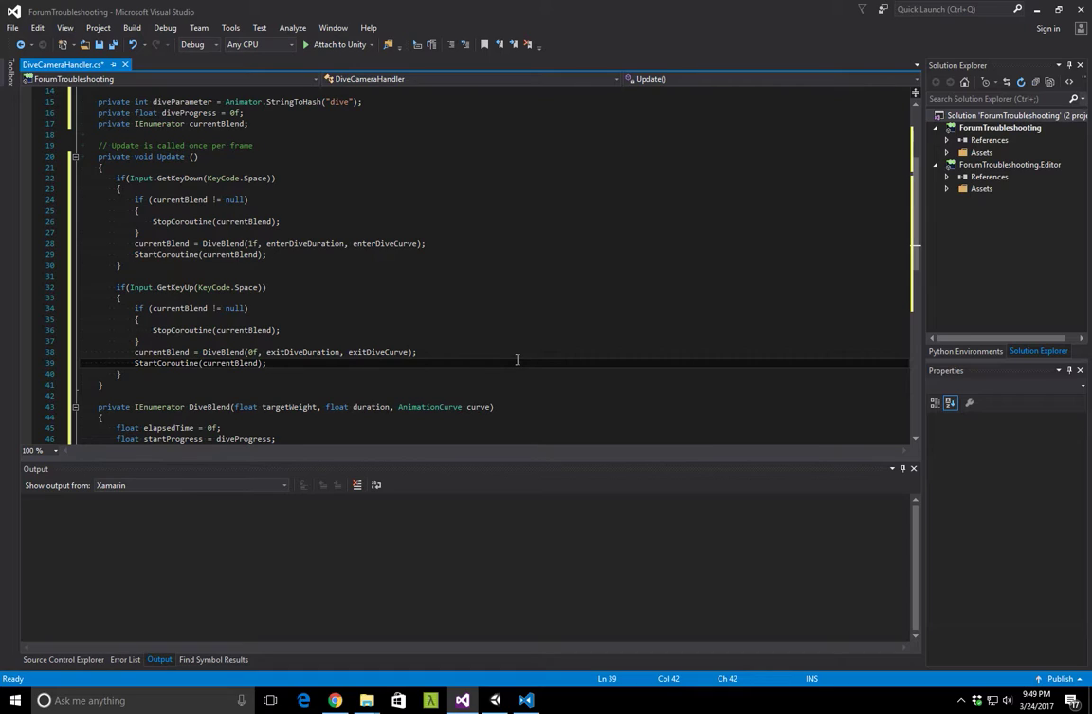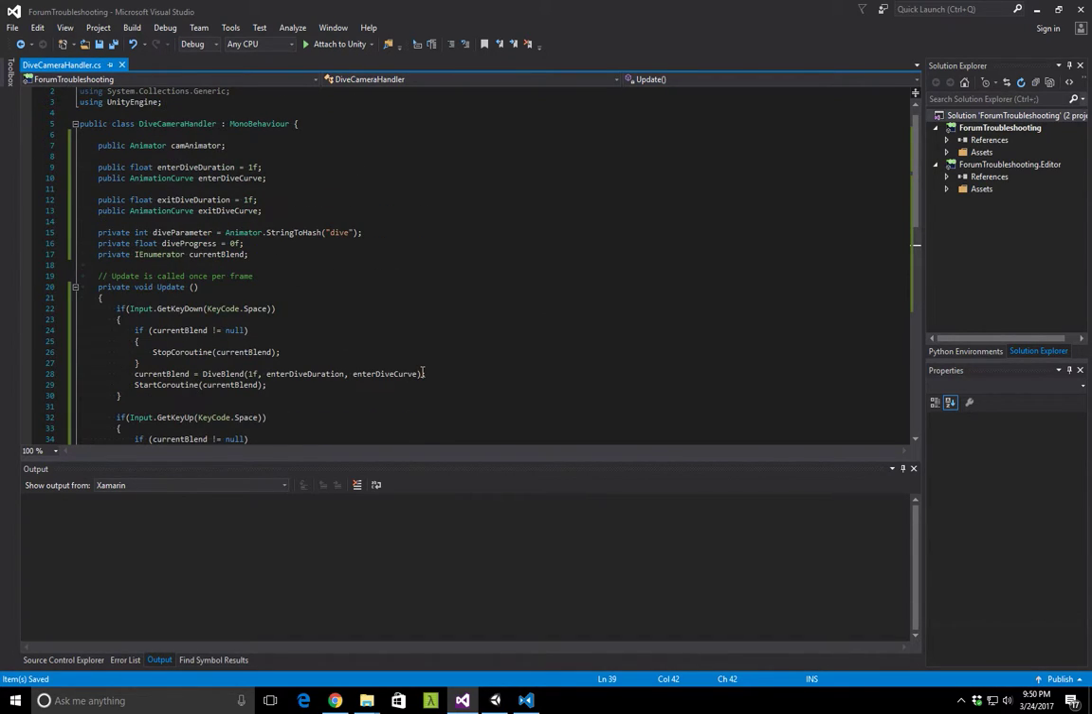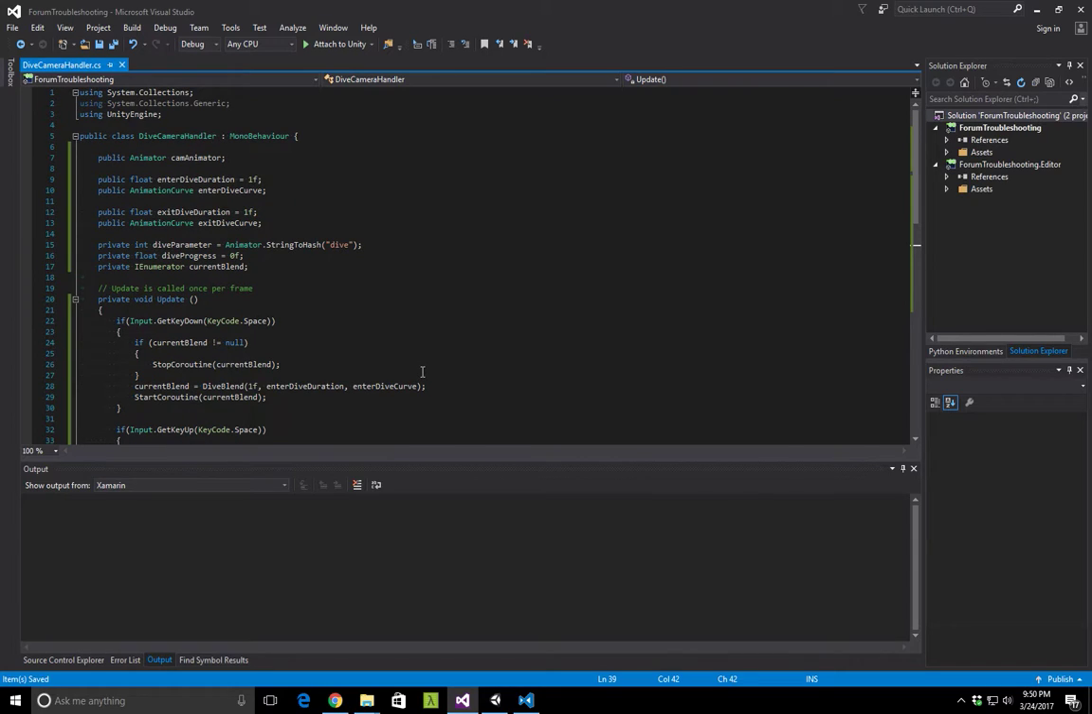So now, everything that we've got here, when you press down on space, it is going to check to see if we have a current blend running. If we do, stop it, set up a new blend, and start it. Once you release, if there's a blend running, we're going to stop it, set up a new blend, and start that new blend. That's all there is to the entire system as it stands right now. I haven't designed anything more advanced than this for this particular case. So we're going to pop back into Unity,